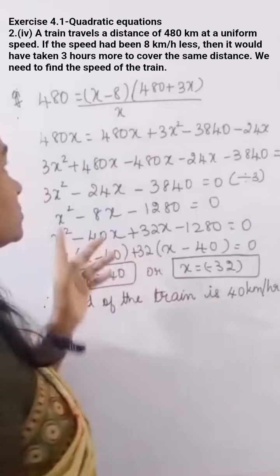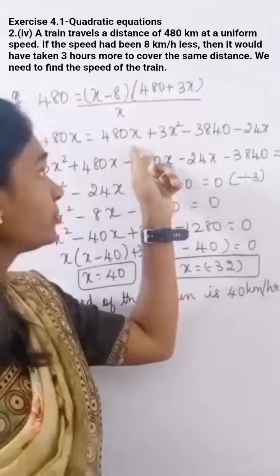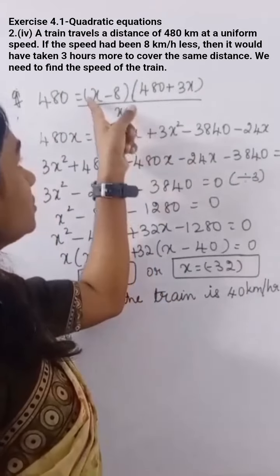Now getting off the brackets, when we multiply, x into 480 gives us 480x, okay? Then plus x into 3